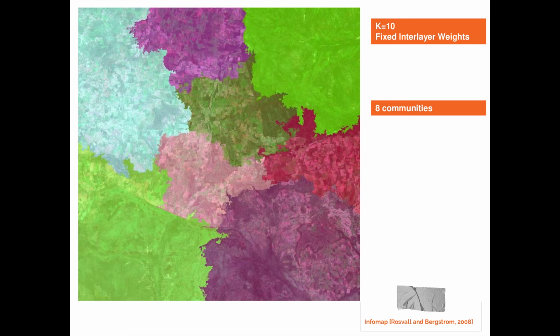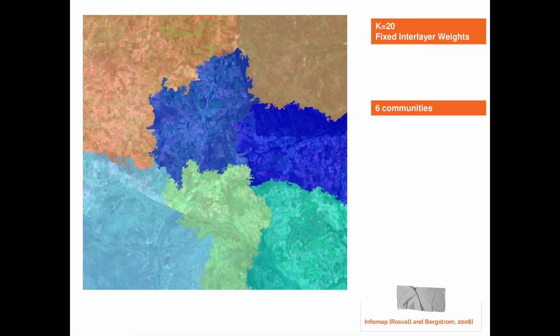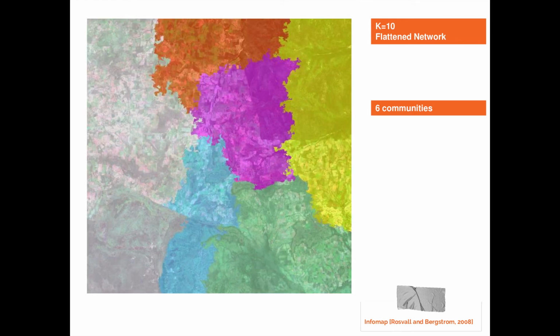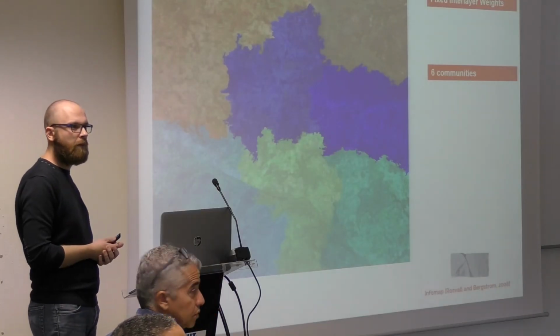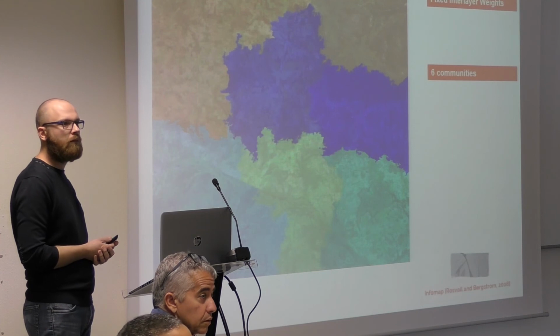Always 10 layers but different weighting, always 8 communities. 20 layers, 6 communities. Flattened network, always 6 communities. So it's always the same order of magnitude. It won't change so much. You don't want to obtain, I don't know, 60 communities or so. Okay, so I think we